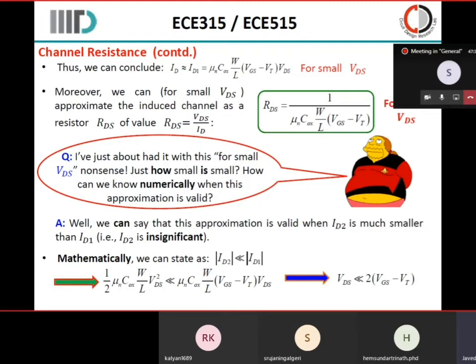So just remember that if practically you can get anywhere between 1/5 or 1/10, you know that you're within limits of having a very good resistor. But the moment you cross the 1/5 or 1/10 value of your VGS, your overdrive voltage, you will not see a resistive-like action. So it is a number good to be remembering. So any questions still here?